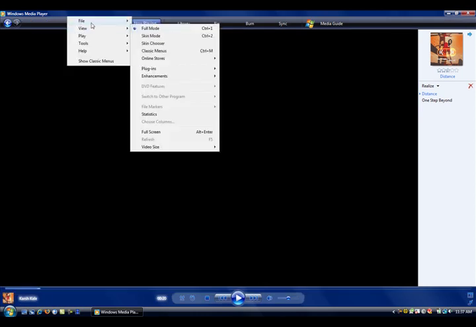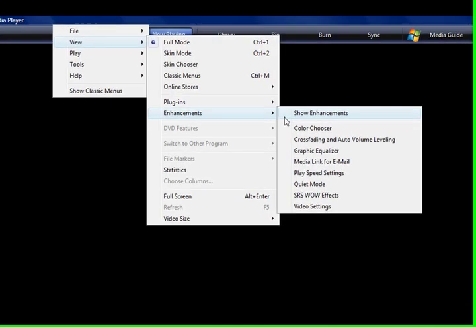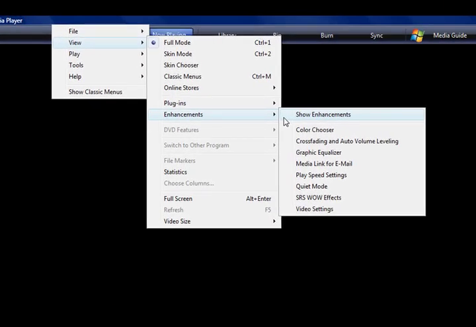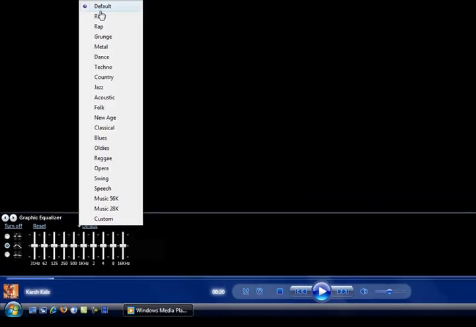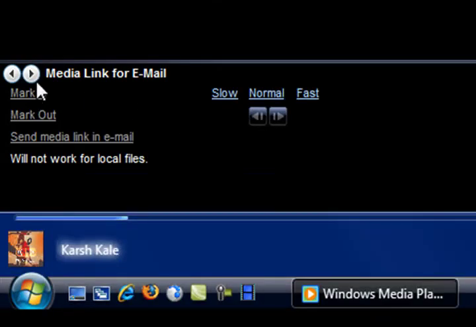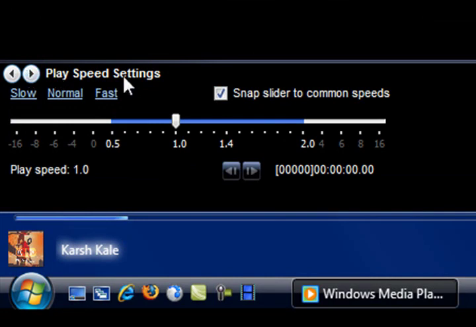But if you do right click and view, you can view all kinds of things, such as your skin changer, skin mode, enhancements. Media Player has a lot of nice enhancements, and by showing them, you can change your equalizer. I like to do rock, so you can change it to the rock equalizer. If you click on these back and forth buttons, you can scroll through all the nice options you have: playback speed,